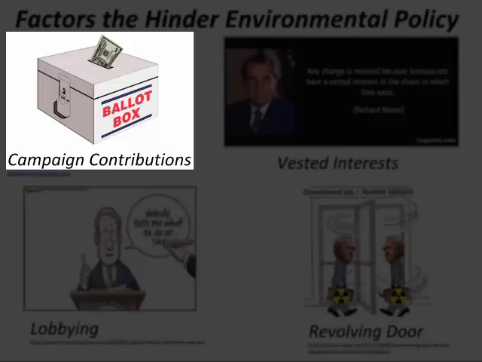By law, corporations and industries are not allowed to make direct campaign contributions, but the loophole is that they can establish political action committees, also known as PACs, which raise money to help candidates win elections. The ultimate goal of PACs is to elect a candidate sensitive to their agenda and to have access to the candidate once they are elected. Thanks to the Supreme Court ruling in 2010 on this case, Citizens United versus Federal Election Commission, corporations and unions now exert more political influence than ever because they are now allowed to purchase political ads which support or oppose candidates.